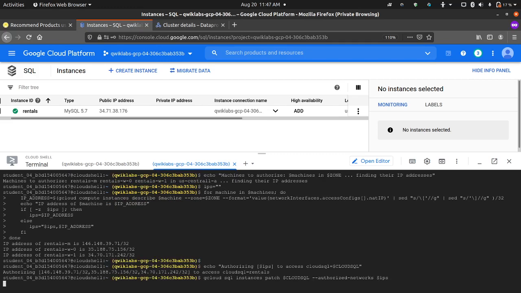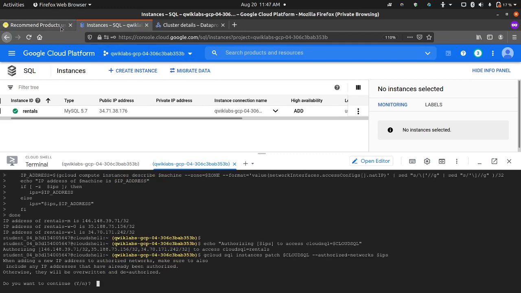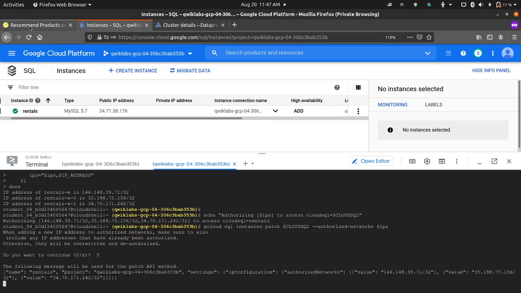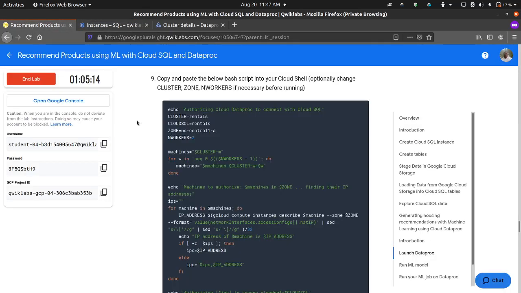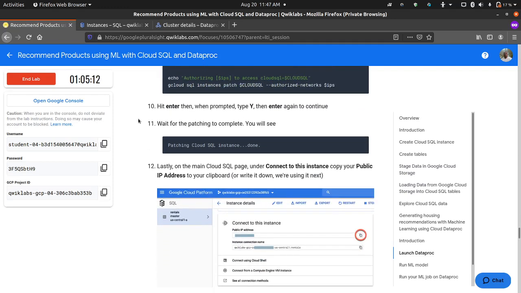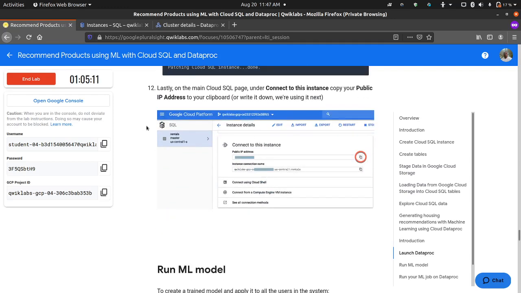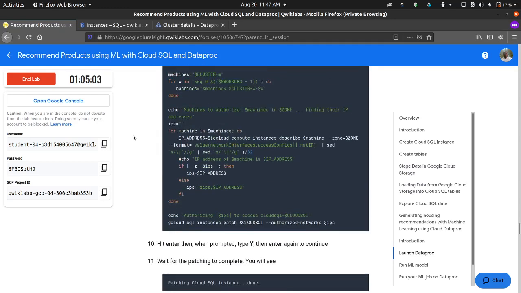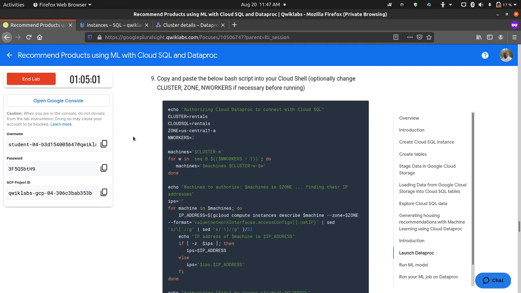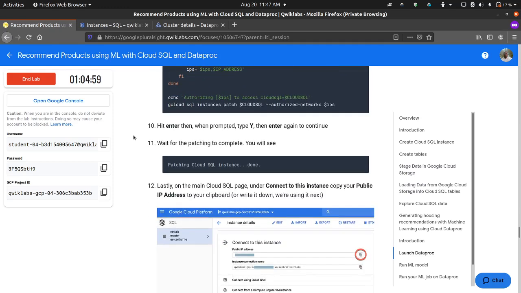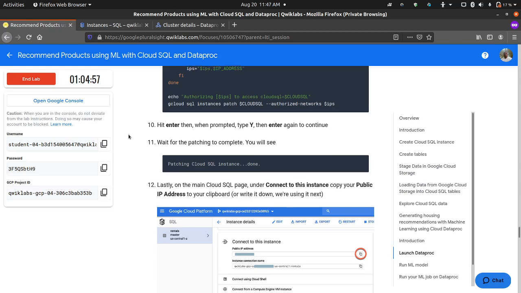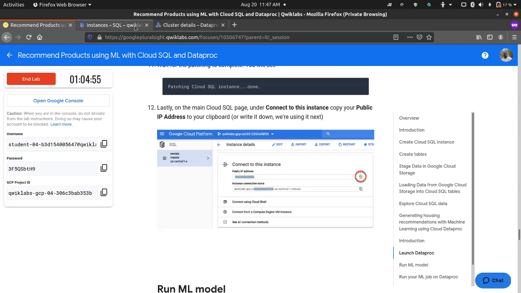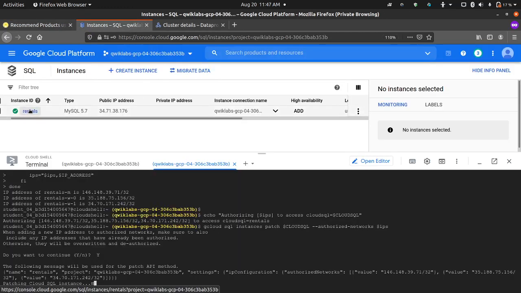All right, and then we'll patch that and let that happen. Okay, you say yes, and we'll allow that patch process to run. Okay, while that is running, let's take our IP address. If you click here,